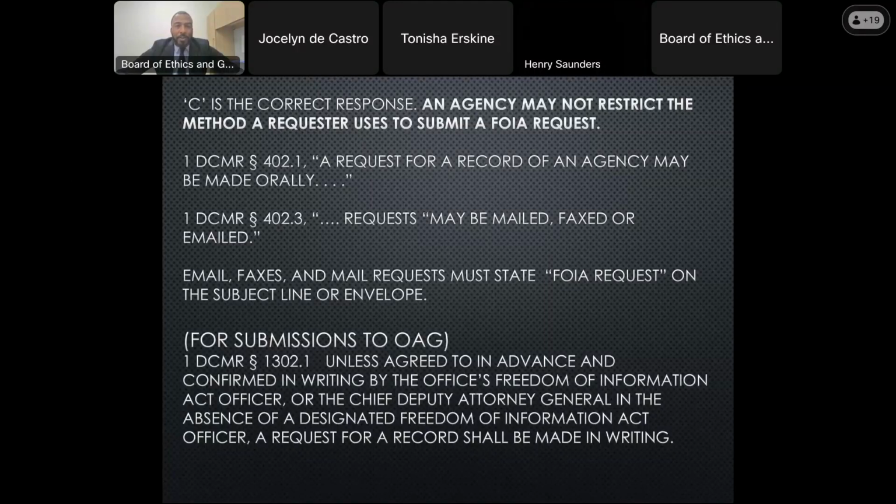Then at the bottom, for submissions to OAG, 1 DCMR section 1302.1, unless agreed to in advance and confirmed in writing by the Office's Freedom of Information Act officer or the Chief Deputy Attorney General in the absence of a designated Freedom of Information Act officer, a request for a record shall be made in writing. Again, that one was specific to submissions to OAG.